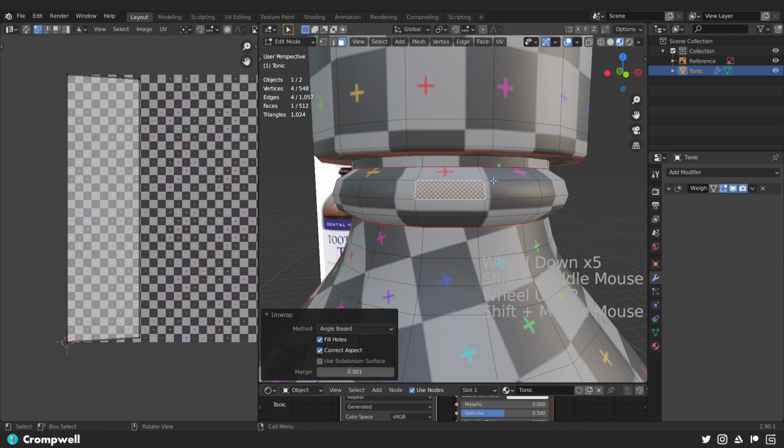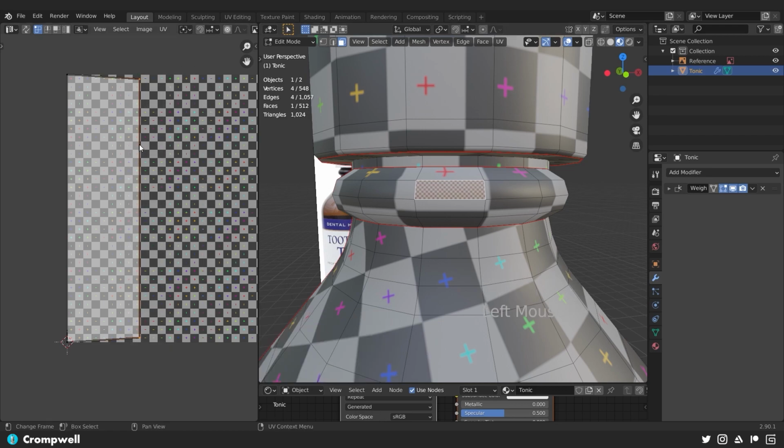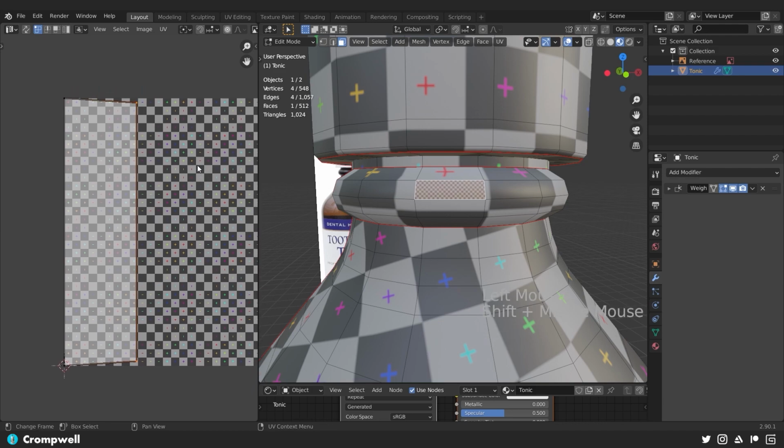And that's because this is slanted. It's not a completely flat surface. So it's best to do this with flat surfaces, but we can fix it. So let's grab these right vertices and I'm going to hit S for scale, holding down Shift. And I'm just going to scale these until they look like they are perfectly flush with their left counterparts, and